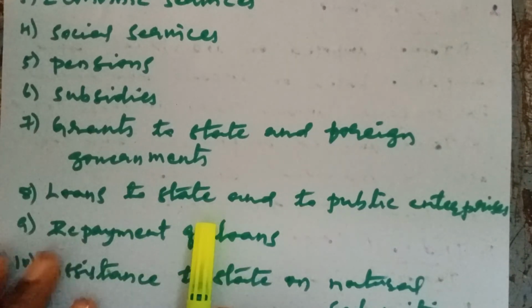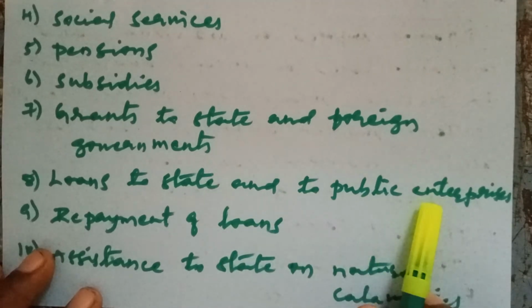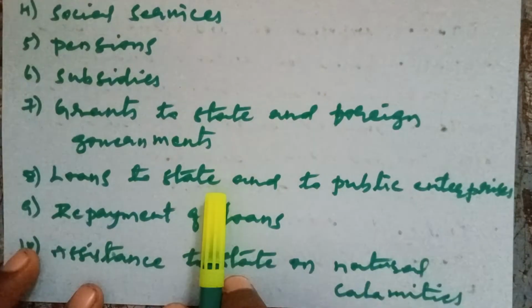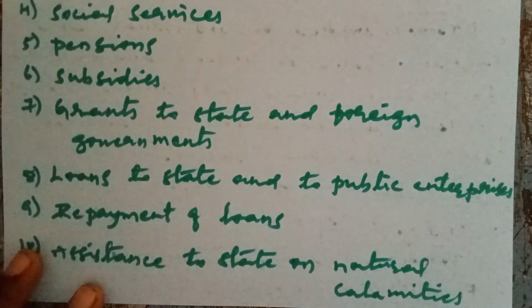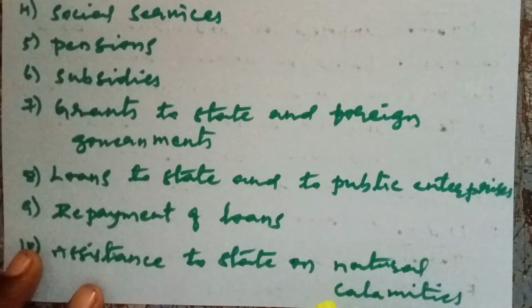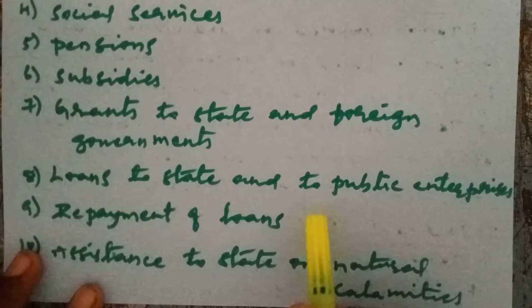Next, loans to states and to public enterprises. Loans to states: the central government will provide the loans through the RBI, the Reserve Bank of India, the central bank. The loans are provided to each and every state government, and not only for the state governments, but also